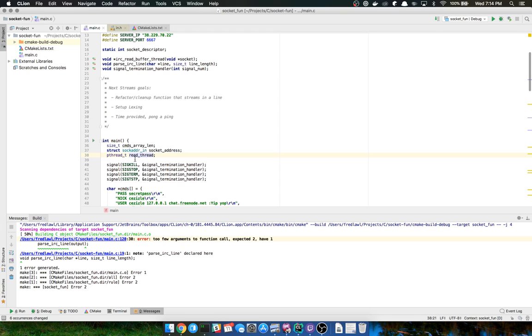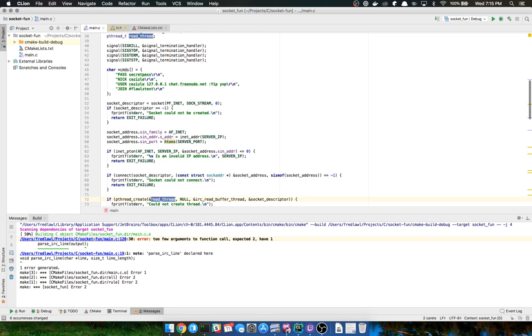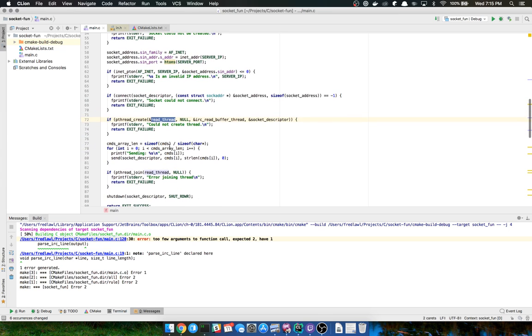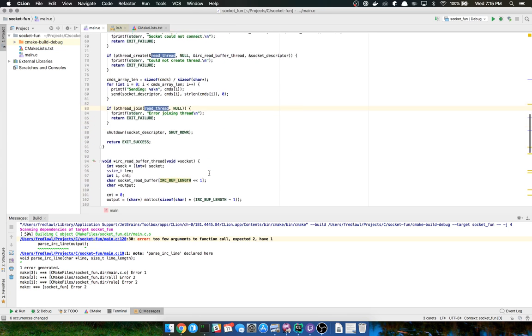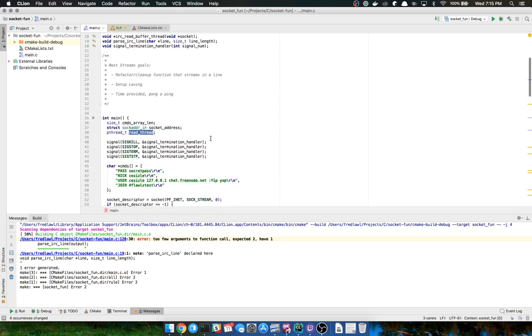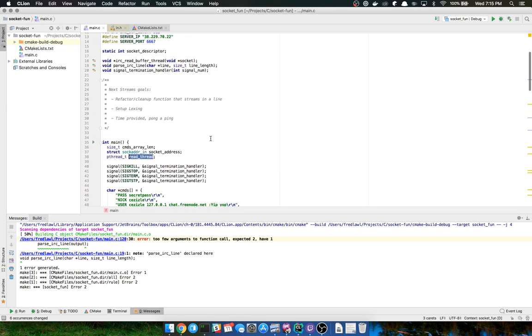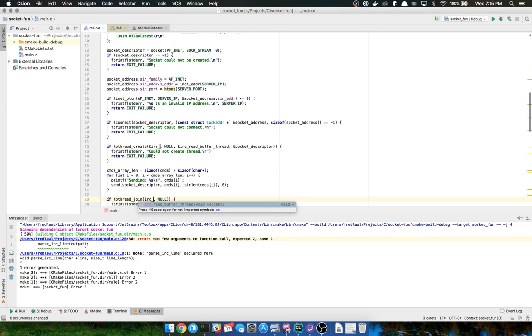I don't even get any options for that. Am I even using it? Well, I know I am because it's not being grayed out. Well, it's used in multiple places. I'm curious as to why it wouldn't let me edit that. So why don't I call it the IRC buffer read thread.